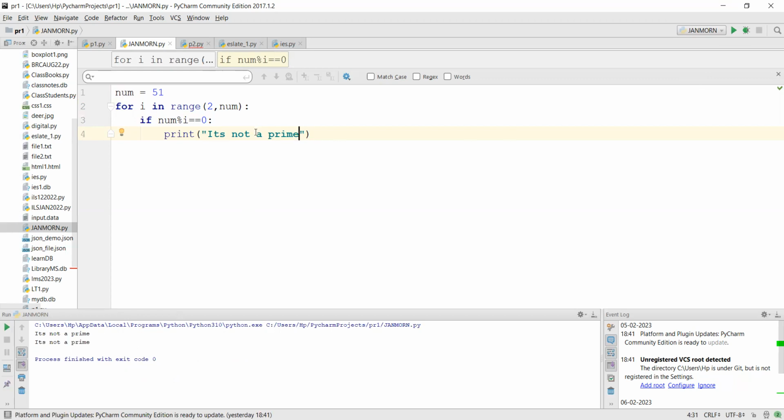Once we know that it is not a prime, then we don't have to check it again, right? Once we know it is not a prime, we can break from this loop. Break is a command which will throw you out of the loop. So what is happening here is it is not a prime, and then it went again and checked, not a prime. If you don't do break, and instead you print the i,